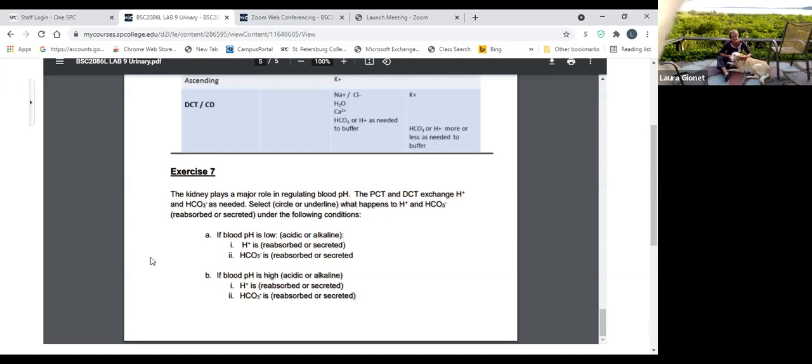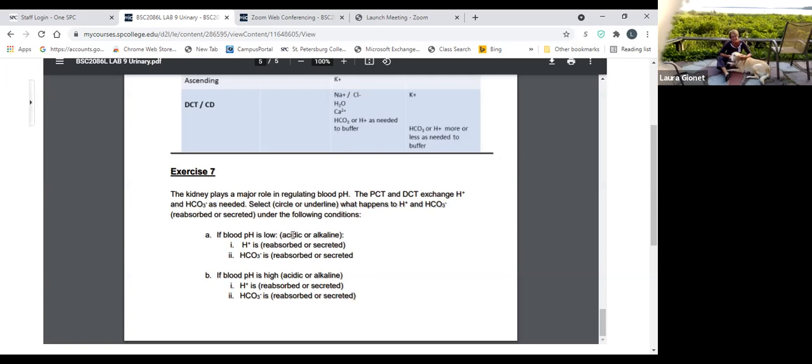Kidneys play a major role in regulating blood pH. The PCT and DCT exchange hydrogen and bicarbonate as needed. So select, circle, or underline what happens to the hydrogen ions and bicarbonate ions, whether they're reabsorbed or secreted, under the following conditions. So A, if the blood pH is low,